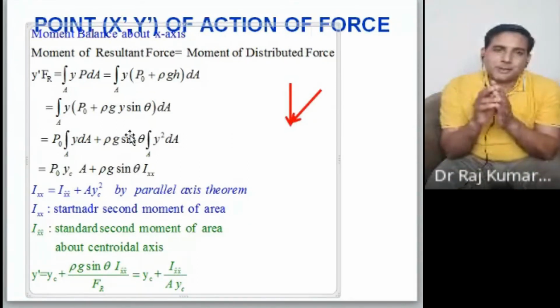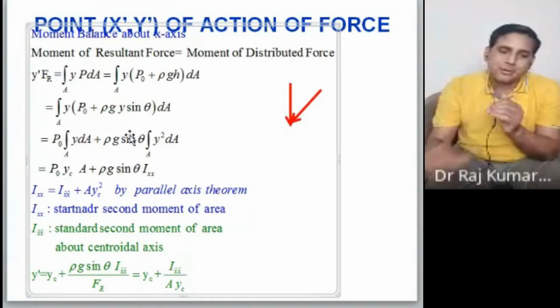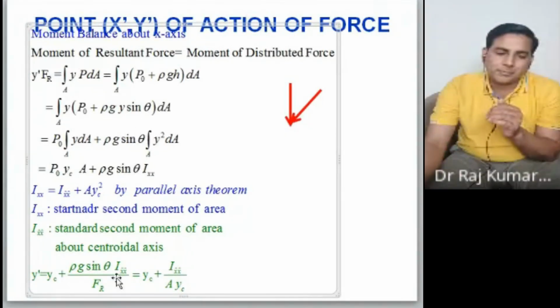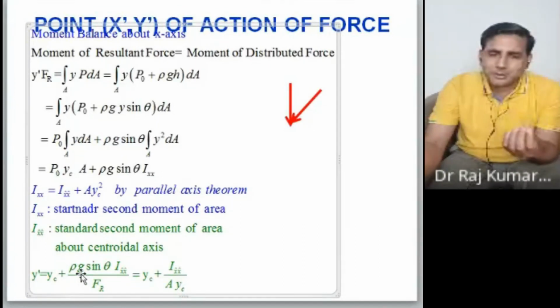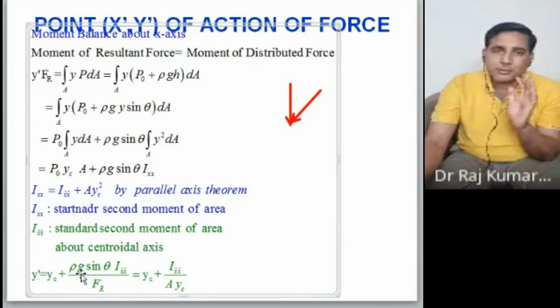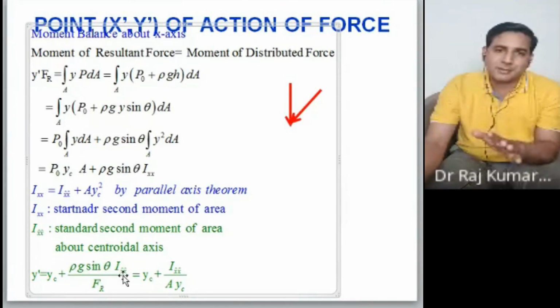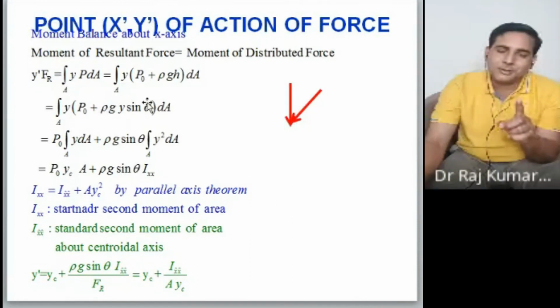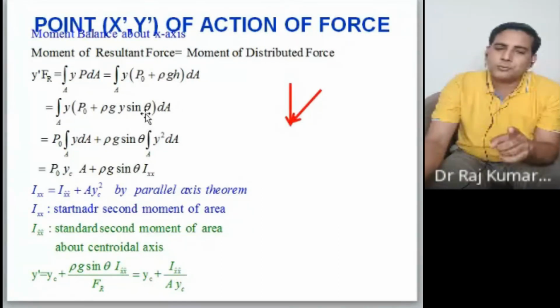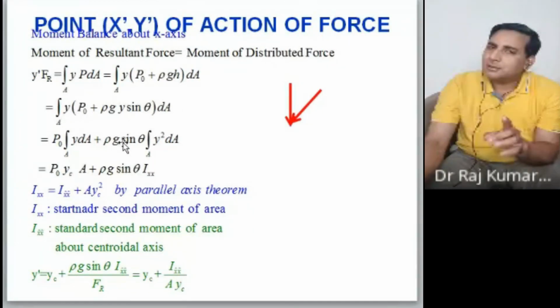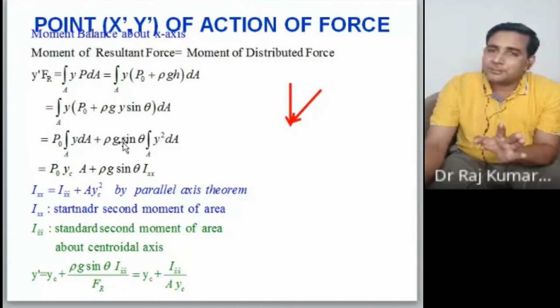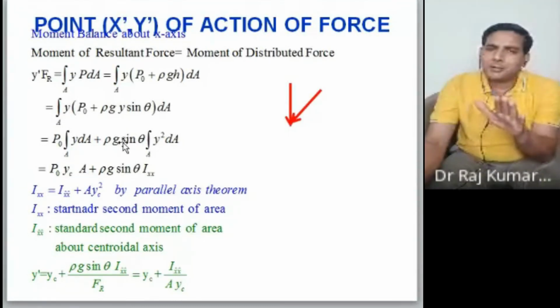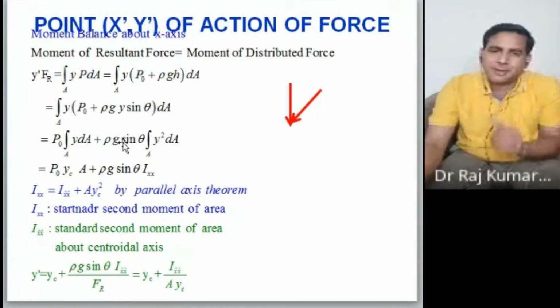If you are solving an objective type question paper, most of the time it is advisable to go for this formula because it will take lesser time, but you should remember the values correctly. Otherwise you will end up with a wrong answer. The integration may take 3 lines. How many lines did it take here? 1, 2, 3. Just 3 lines. Now you can see how much time 3 lines will take in all this.